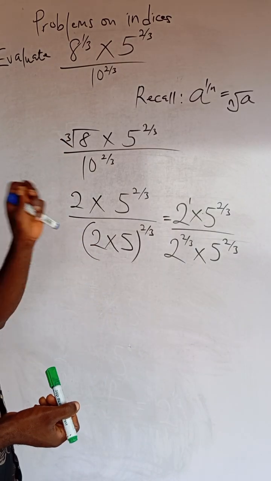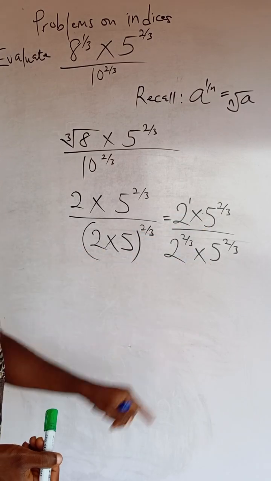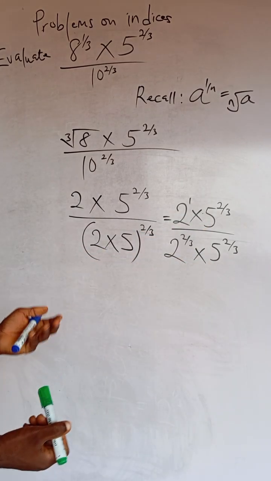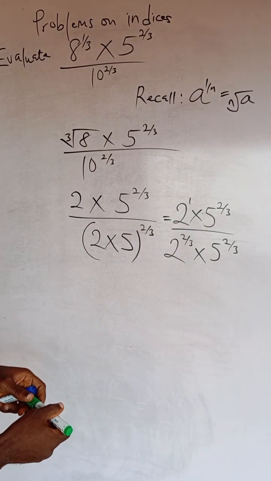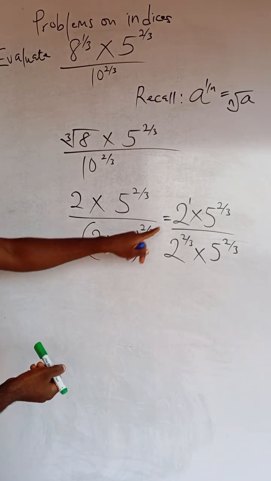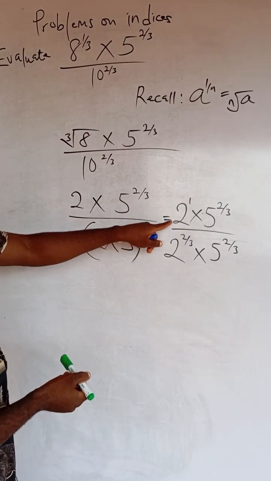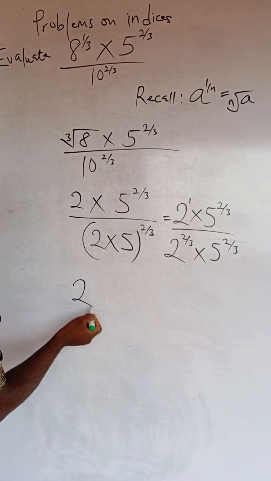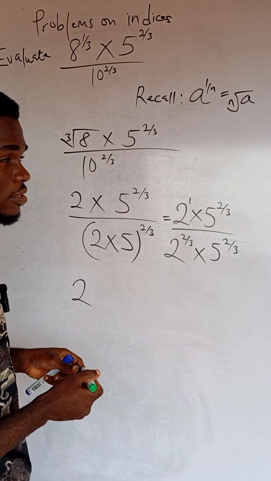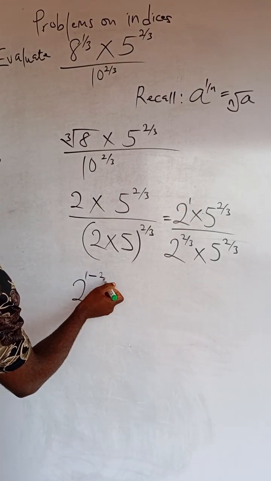Okay, I haven't gotten to this, but you can see that this and this have the same base. As you are working, gradually everything is unfolding. So I can quote the division law here because I'm dividing powers of the same base. When you're dividing powers of the same base, you take one of the base, then you subtract the powers. So you start from the numerator power, 1 minus 2 over 3,